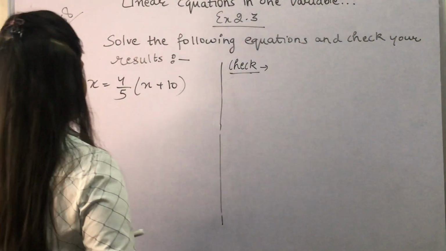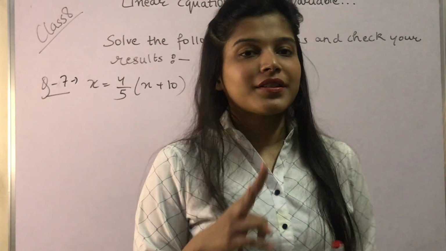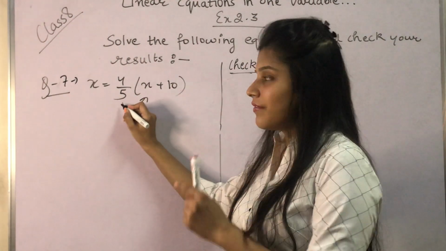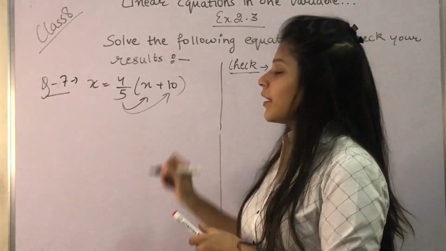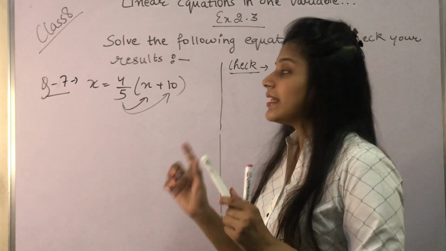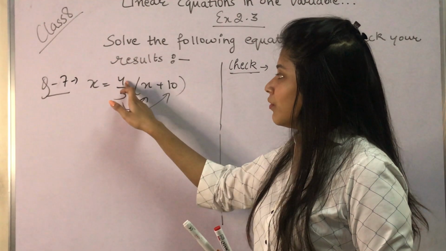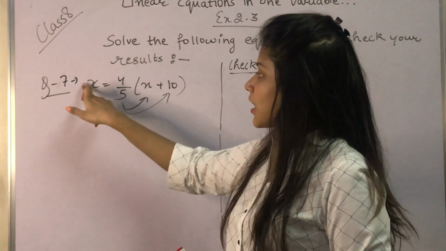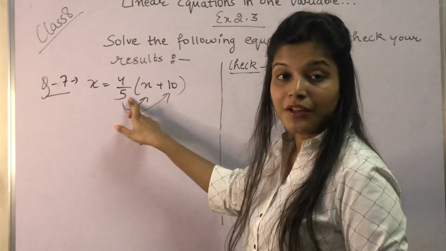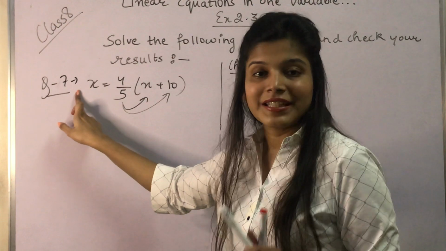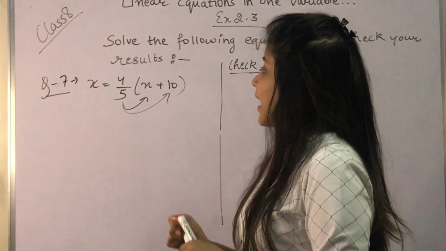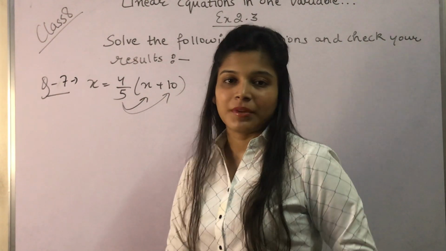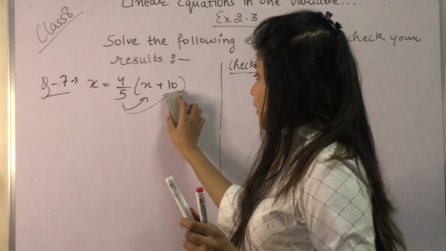So there are two methods children to solve this equation. First is we can just multiply 4 by 5 by x and then 4 by 5 by 10. Okay, and the second method is what we can do, 4 upon 5 यहाँ पे है is in multiplication, right? So 5 इधर जाके multiply हो जाएगा because 5 divide हो रहा है, so इधर shift होगा तो multiply होगा, so 5x हो जाएगा ये, and 4 हम अंदर multiply कर दें, उससे क्या होगा, हमारे fraction नहीं बनेंगे. Okay, so we are doing this second method only.